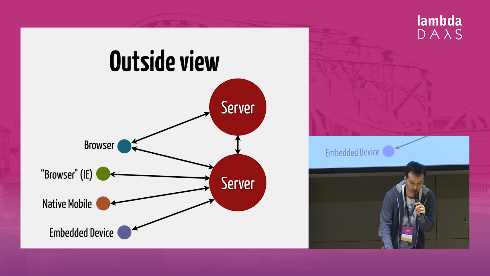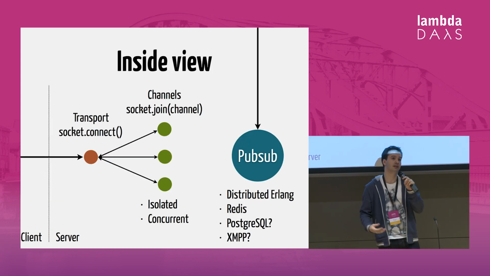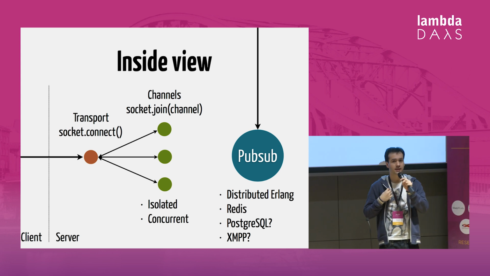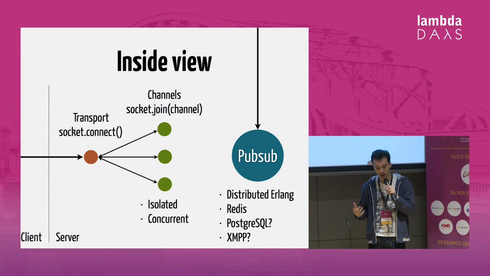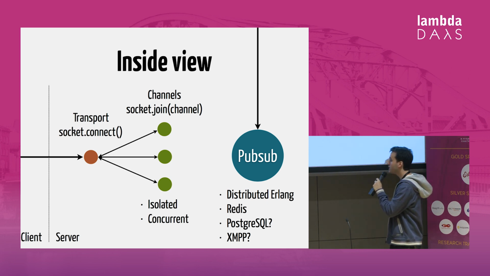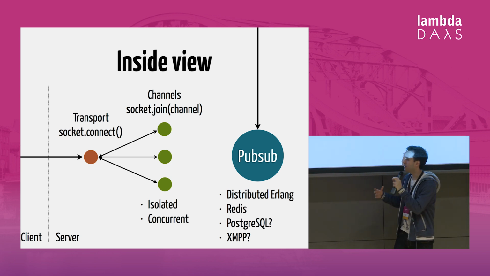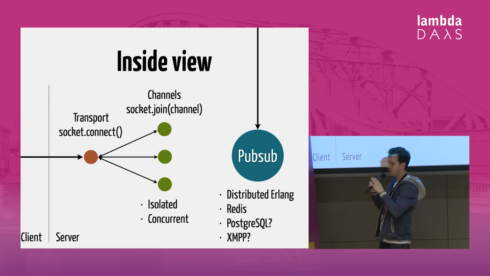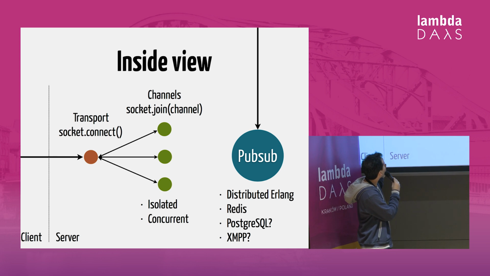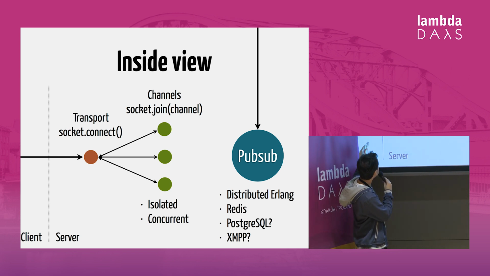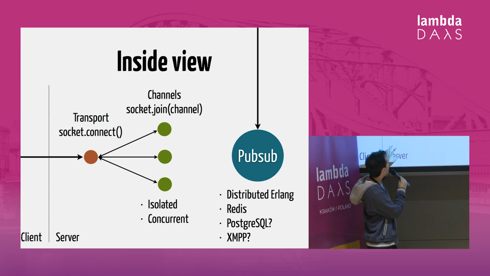But things get much more interesting when we take the inside view, because you're going to see the concepts here that are really going to make us productive when building Phoenix applications. To illustrate this idea, I have the client here on the left side, and here is what is going to happen on the server. A client is going to connect to the server when we call socket.connect in the client. And what this is going to do, when we connect, is create a new process